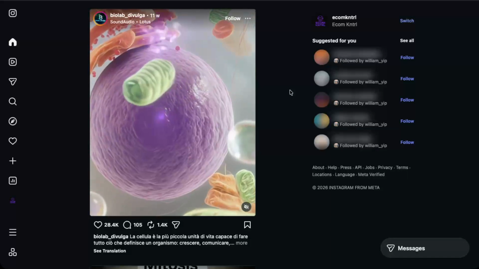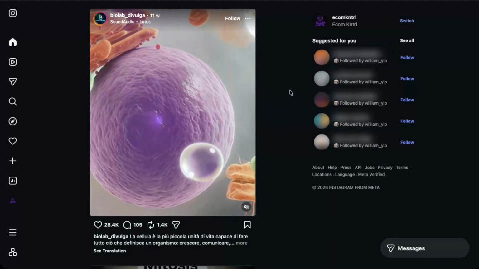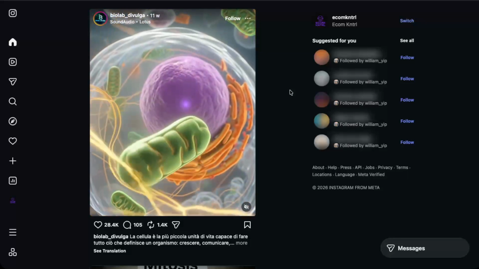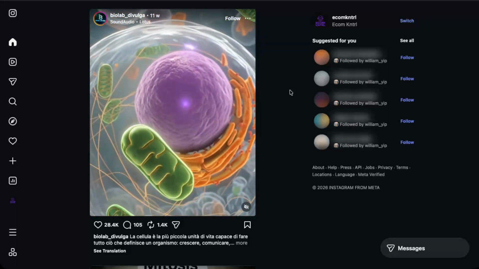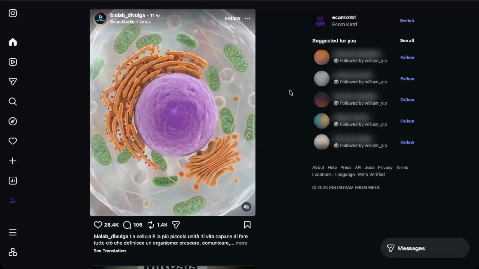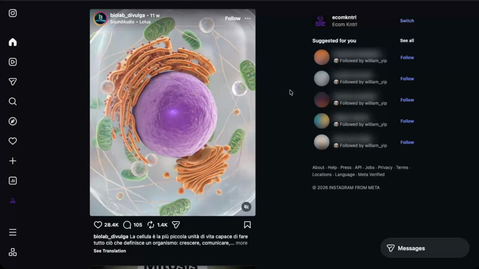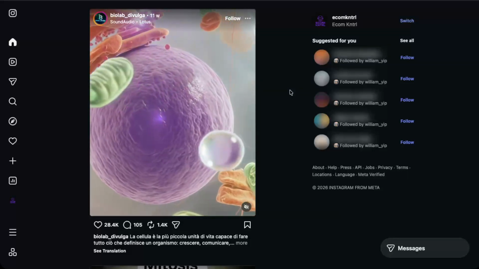Let's walk through the process step by step on the Instagram website. First, open your browser and go to the Instagram homepage. Log in if you're not already signed in. Once you're logged in, you'll land on your Instagram home dashboard. This is the main feed where you see posts from people you follow, along with the navigation menu on the